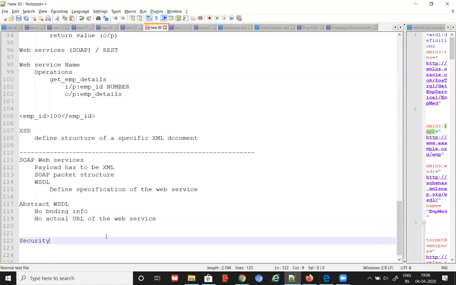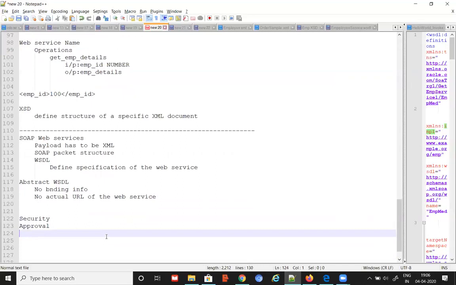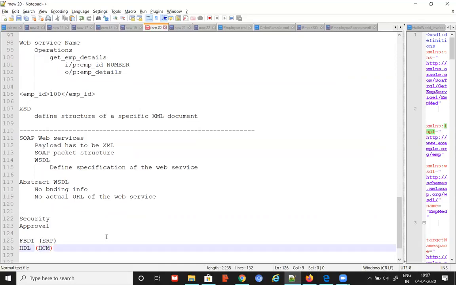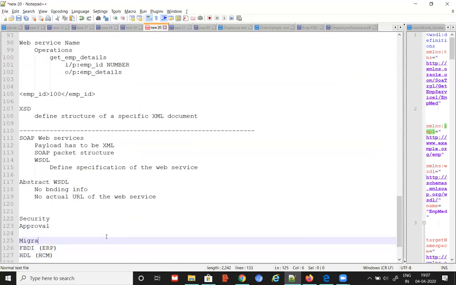Yeah. So in the technical side, first of all, let us see what is there. Who will do it, you can decide. Actually, I'm not going to answer that. I'll only talk about what is there in the technical. Okay, go ahead. So in the technical side, you can talk about security. You can think about approvals. You can also think about FBDI in case of ERP, file-based data imports, and HCM Data Loader, or HDL, in case of HCM. These are usually used for migration and bulk import of the data.